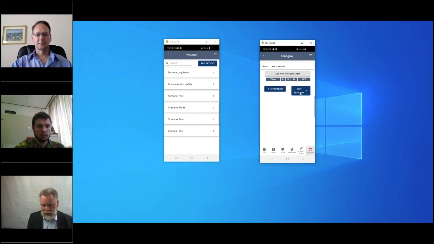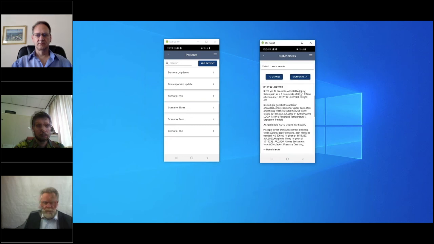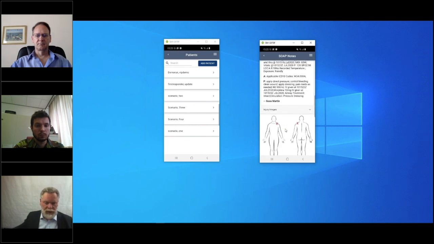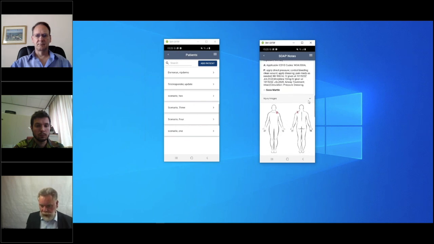I'm going to save the encounter. It's presented with the SOAP message. And as you can see, this time we gave some fluid and some medication. And also we added a picture of the injury, and we have the location of the bullet wound on the patient.